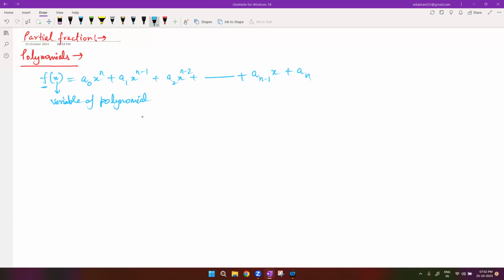Now understand this a0, a1, a2 up to a n, right? These are constants. They must contain some value. For a particular expression, these constants can be defined very easily. But understand the powers of x. Every term, barring this, contains x, right? So all such algebraic expressions in which the power of variable